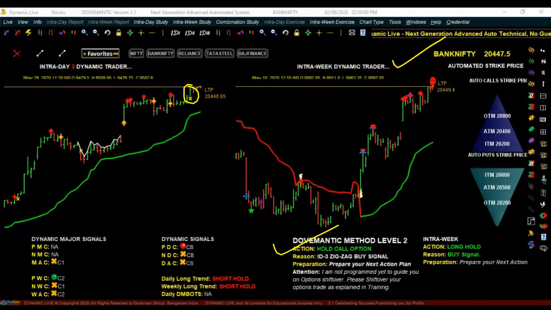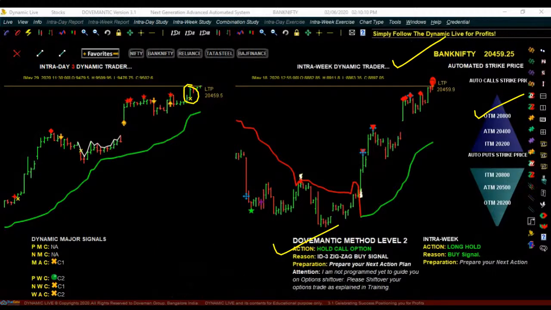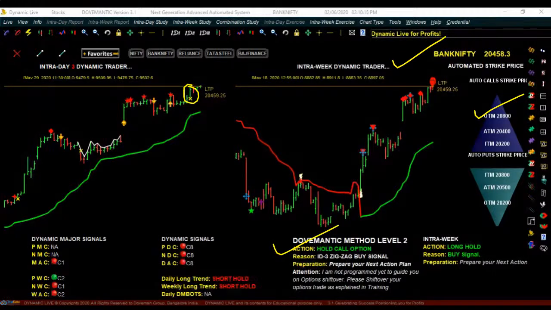And when it comes to trading in options, as I told you, you are supposed to select the right strike price. So let's assume you selected 20,800 strike price. So read it as Bank Nifty buy call option now 20,800 strike price. Can you do this? Will you be able to do this? If you can, you can pick up your phone right now, make a call to your stockbroker, and ask him, if I tell you Bank Nifty buy call option now 20,800 strike price, will I be able to trade in options? Yes or no? You ask him.